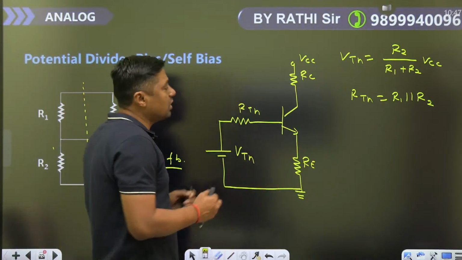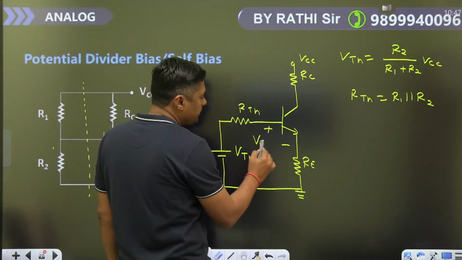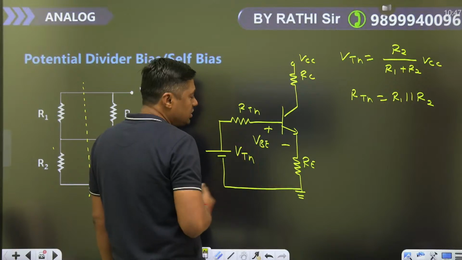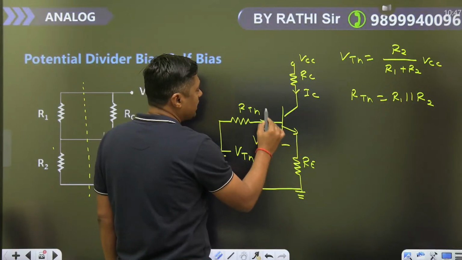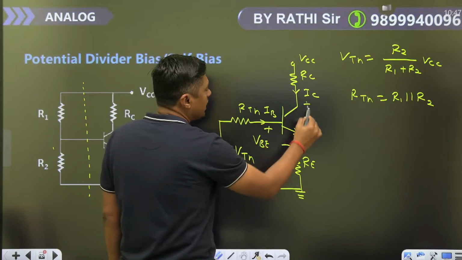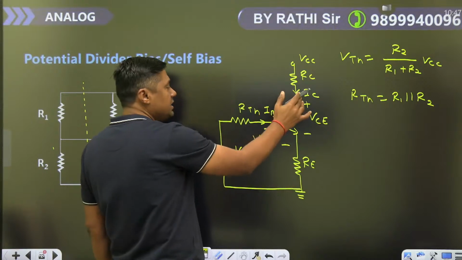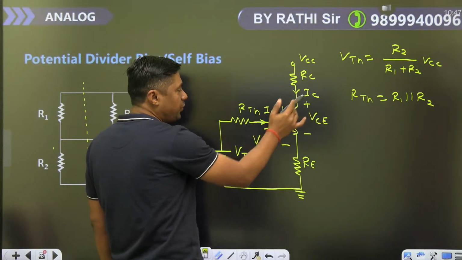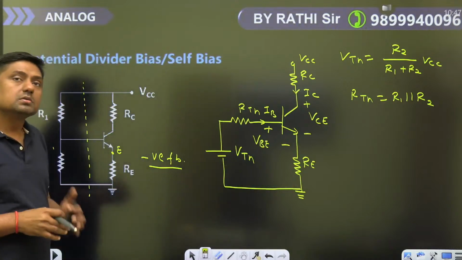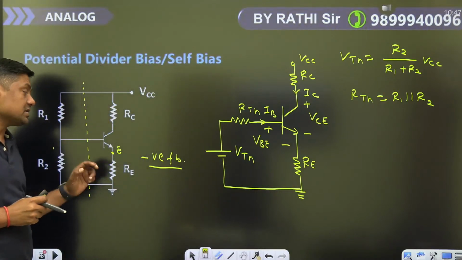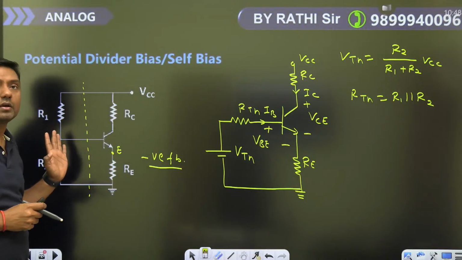थेवेनिन्स के बाद ये बहुत ही इजी हो गया कैसे सॉल्व करना है। आपने यहाँ देखा, यहाँ पर लगा दिया VBE की वैल्यू होती है 0.7 वोल्ट, यहाँ से आ गया IC, यहाँ से आ गया व्हाट IB, and then finally we have to find what VC. तो IC and VCE ये एक ऑपरेटिंग पॉइंट सेट करते हैं, ठीक है। अभी और क्वेश्चन बनाएंगे हम लोग। इसको बोला जाता है सेल्फ बायस्ड सर्किट। यहाँ पर RE लगा हुआ है, दैट विल प्रोवाइड यू द नेगेटिव फीडबैक।